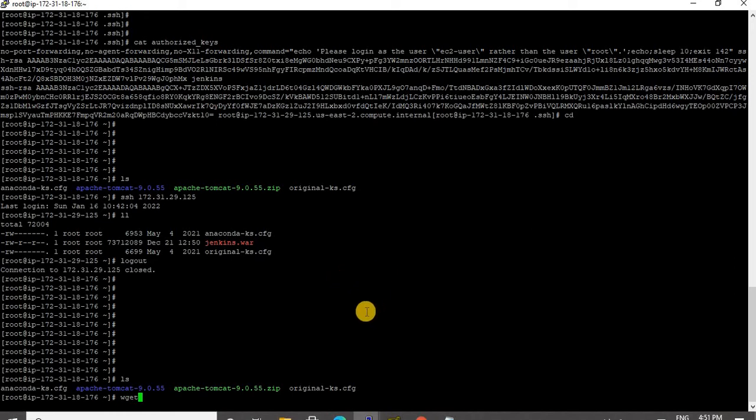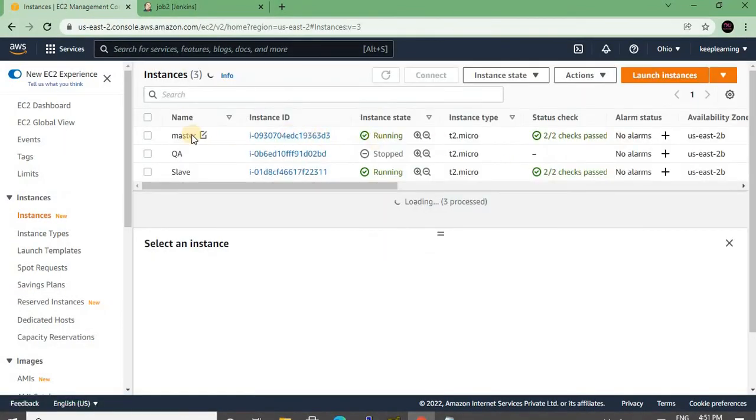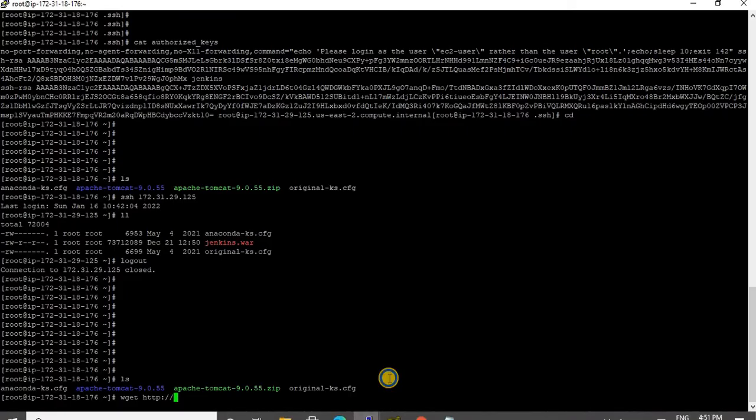To do that, just give wget http:// private IP of the master. Oh sorry, this is the master, right? Private IP of the master. On which port do we have Jenkins? 8080 /jnlpJars/slave.jar.